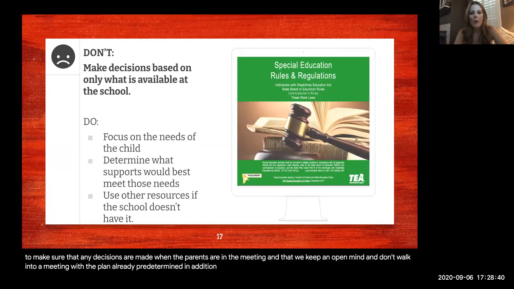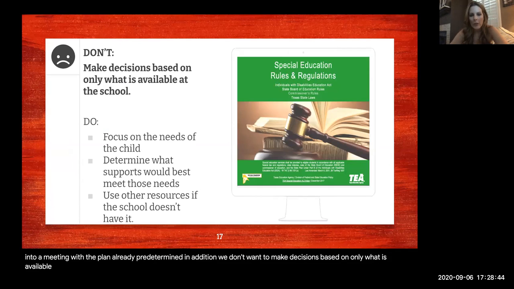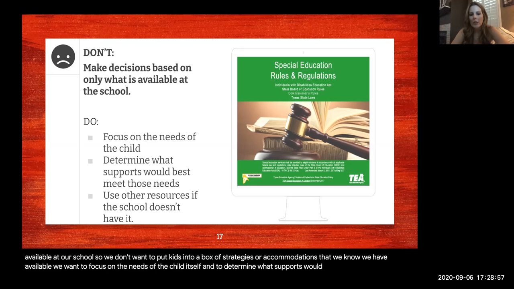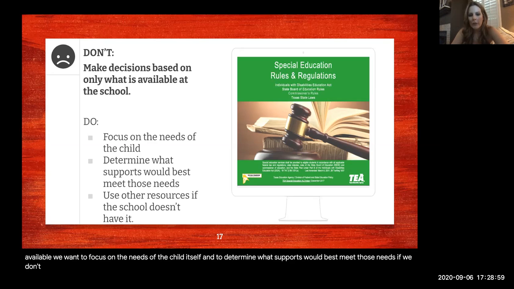In addition, we don't want to make decisions based on only what is available at our school. So we don't want to put kids into a box of strategies or accommodations that we know we have available. We want to focus on the needs of the child itself and to determine what supports would best meet those needs. If we don't have the resources on our campus, then we will find those resources outside of our campus to meet the needs. But we do not want to try to put students within a box that we have